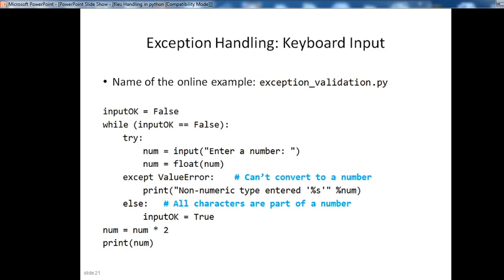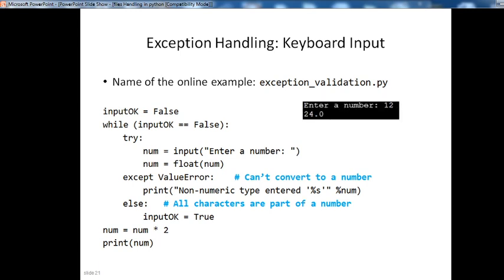Exception handling for keyboard input. Name of the online example is exception_validation.py. Input OK equals false, try. Num equals input, enter a number, num equals float num, except ValueError, cannot convert to a number, print non-numeric type enter percentage, else input OK equals true, num equals num multiplied by 2 and print num.